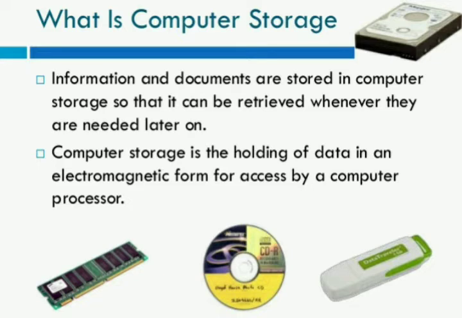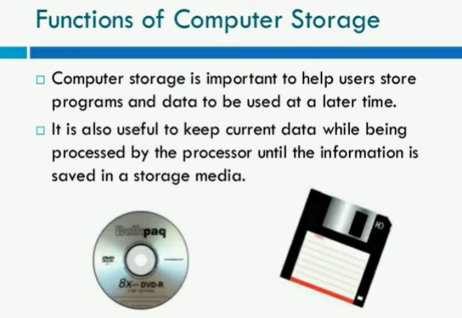So for an IPO cycle to happen, the computer needs some memory. Humans have a brain to store memory. So where will the computer store its memories? It will store its memories in electromagnetic form so that the computer can process it in the future. It is called computer storage.